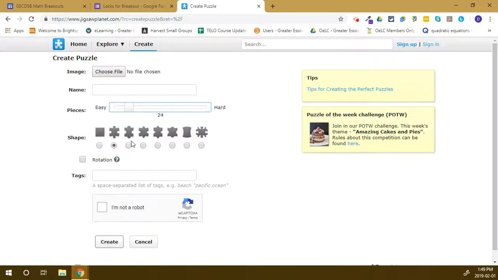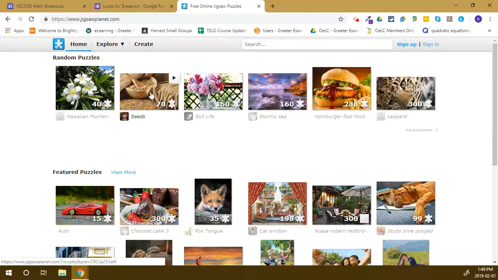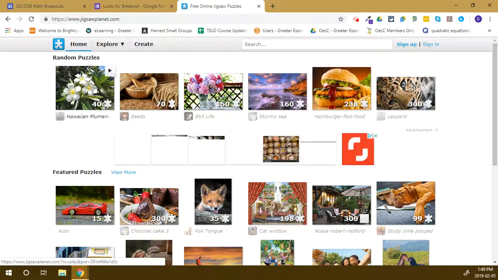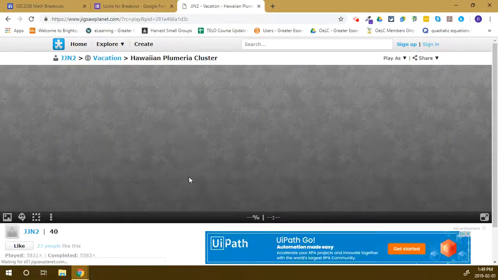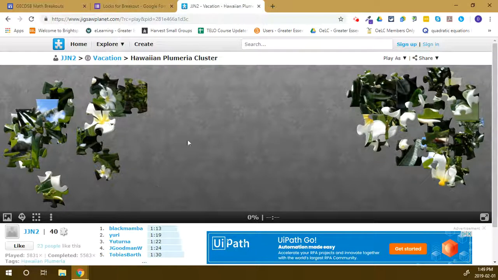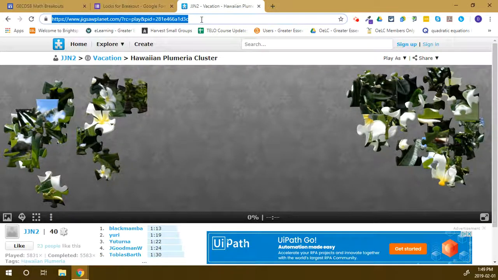The goal here is to just put together the puzzle, right? But you can create your own. For this sake, though, I'm not going to create my own. You can look through how to do that. Let's say I want to just link out to this Hawaiian flower as a puzzle. So what I can do is I'm going to click on the URL up here, and I'm going to copy that. So I'm just going to use Control-C to copy,